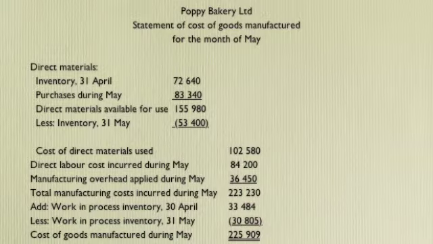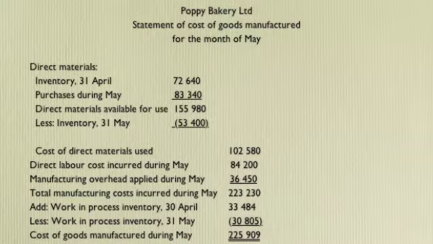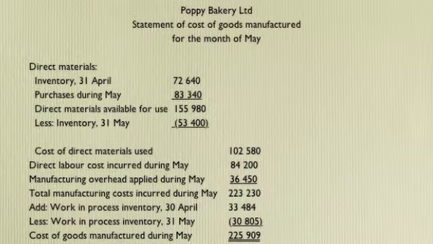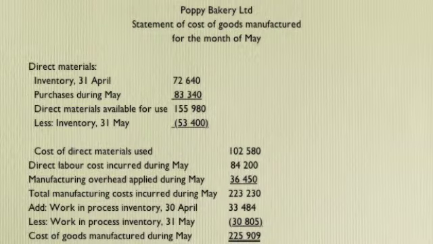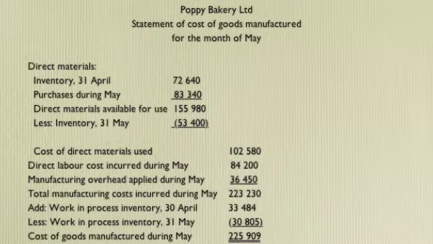First of all, we should work out the direct materials that have been used during the month of May. We have the opening inventory for the month of May, which will be the closing for April. We add all of the purchases during May. We then have a total of direct materials available for use. We take away our closing inventory on the 31st of May, and this will tell us what is the cost